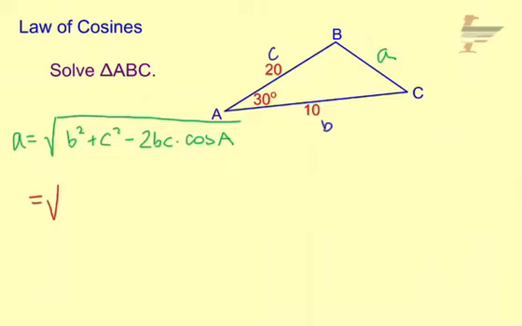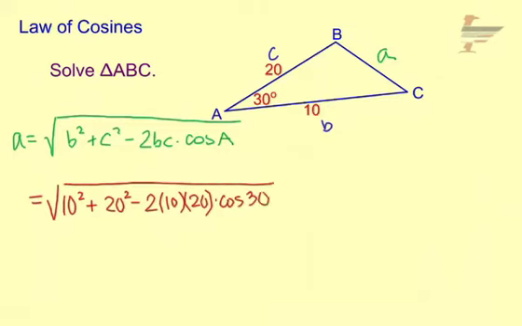So we just plug it in. Side B is 10, so 10 squared plus 20 squared minus 2 times 10 times 20 times the cosine of angle A, which is 30 degrees. And simplifying, 100 plus 400 minus 400